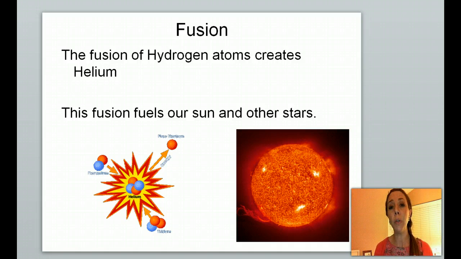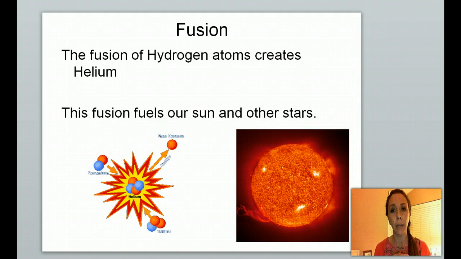What you need to know about fusion in astronomy is that it fuels all stars. I just did a biology lecture. So it fuels all stars, and stars are what we're going to look at in our universe that tell the story of the past and how our universe was created. Our sun is a star. It's actually a main sequence star that fuses together hydrogen and hydrogen.